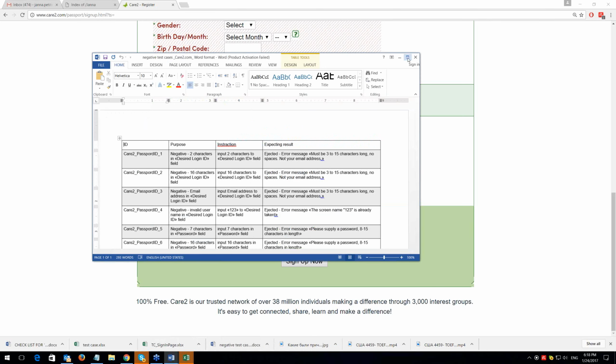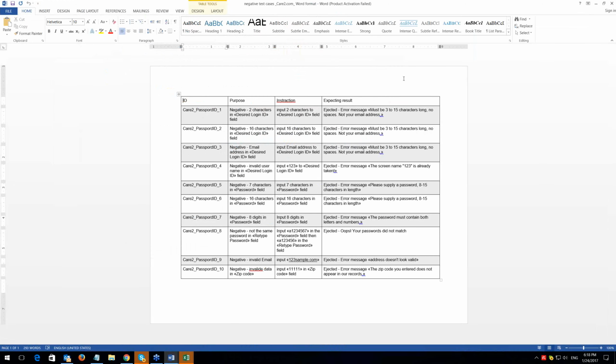We have other wonderful test cases that I would like to talk about. So these are negative test cases for Kerto.com. Let's see. We have the ID, and the ID is interesting. First of all, we understand from that ID that the person who wrote them was working on the create account module or component, right?